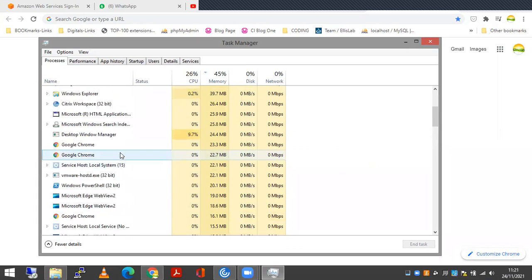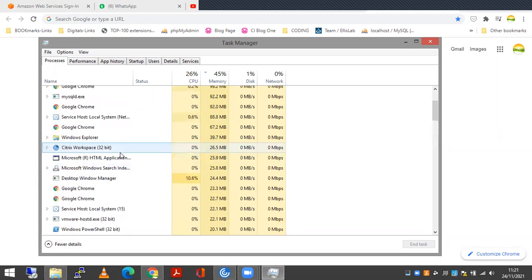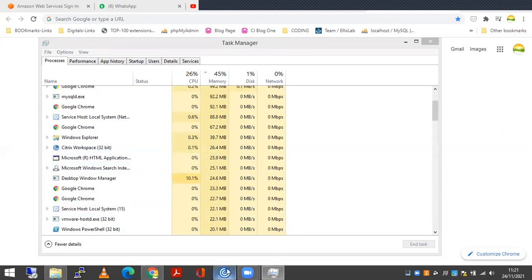Also, you can see here my Citrix application is running and I'm not able to close this or access this application right now. So I will close this application.